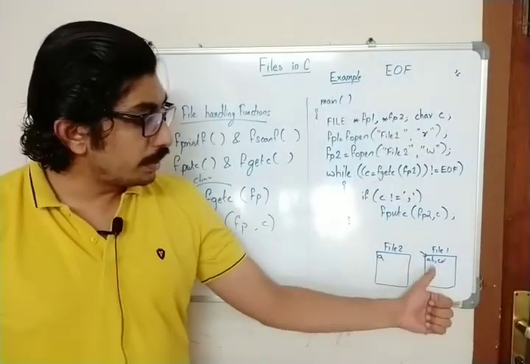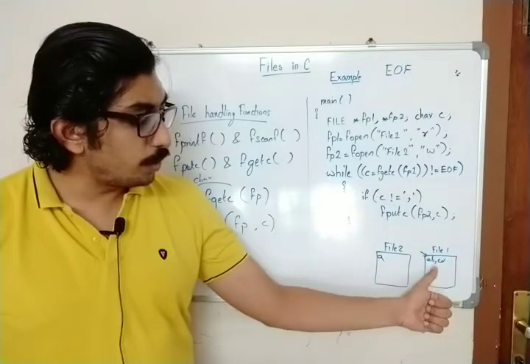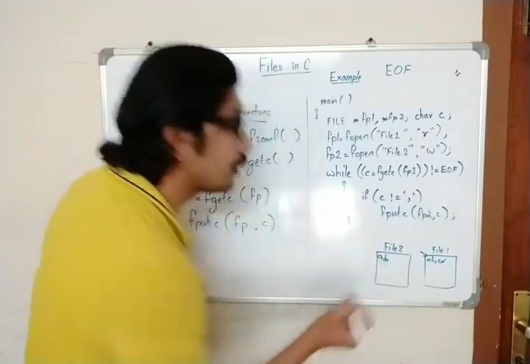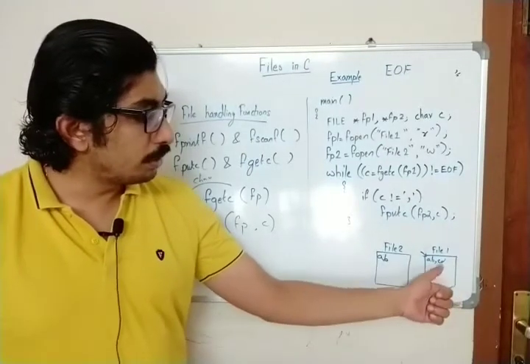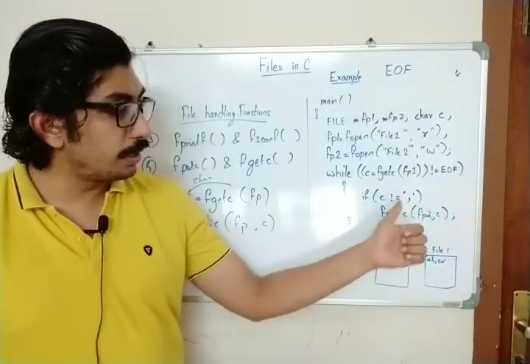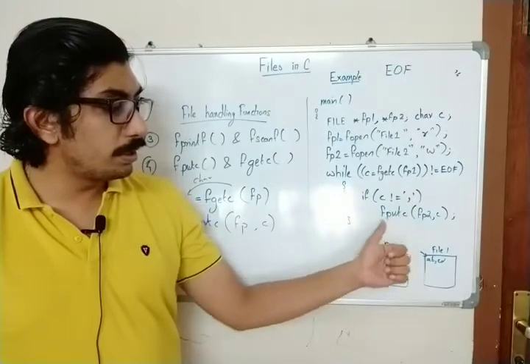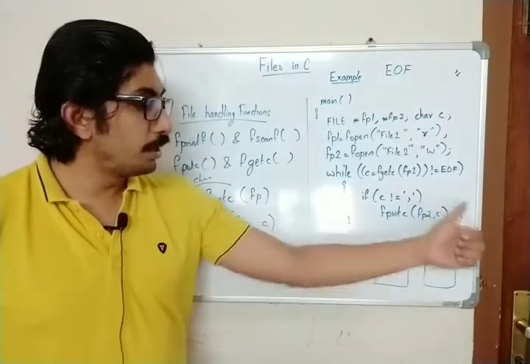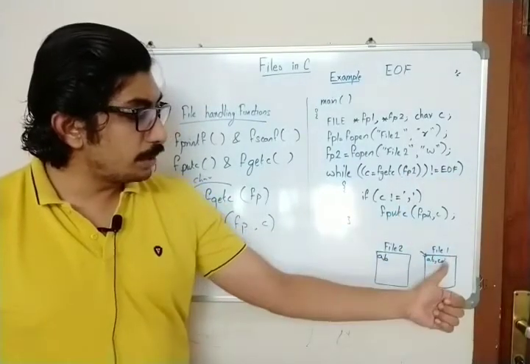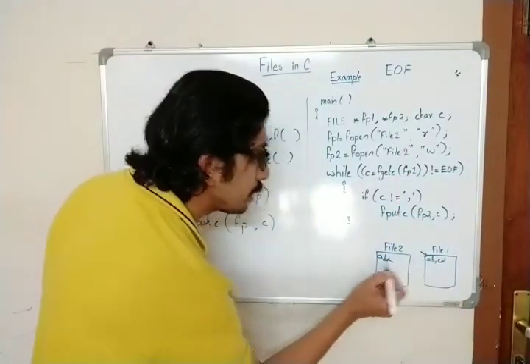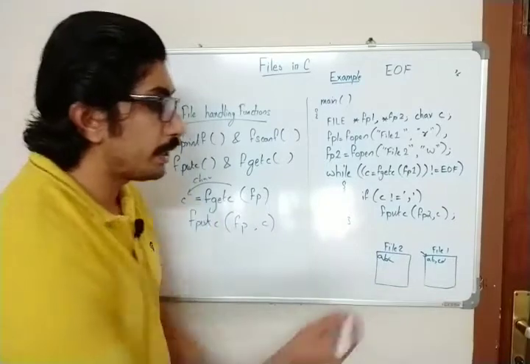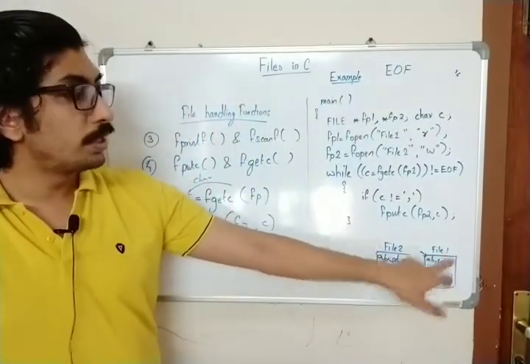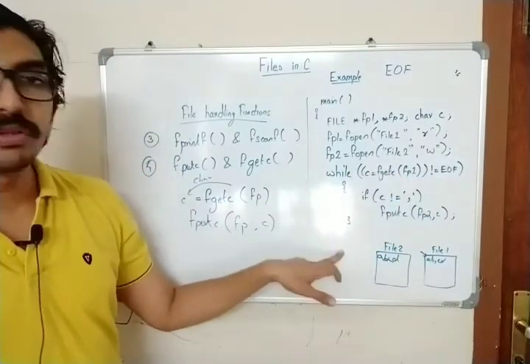Next, it will read the second character from file 1, that is b. It is not equal to comma, so b will be copied to file 2. Now it will read a comma. It is not end of file, but as it is equal to comma, this statement will not execute, which means nothing will be written onto file 2. Now c will be read and inserted into file 2, d will be read and inserted into file 2, and then it will reach end of file. At that point we will come out of the while loop.